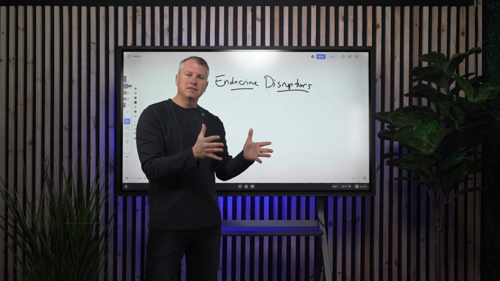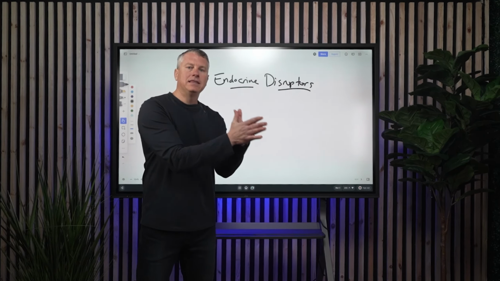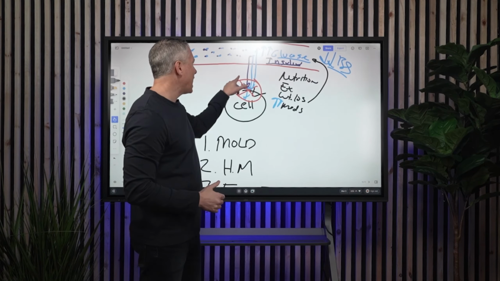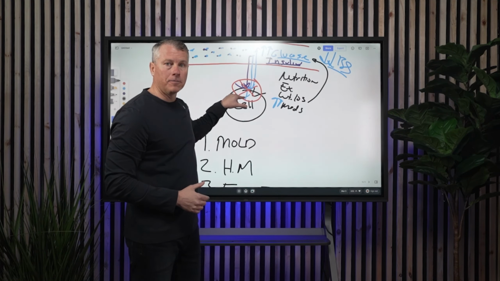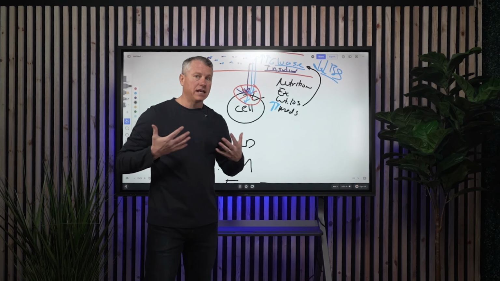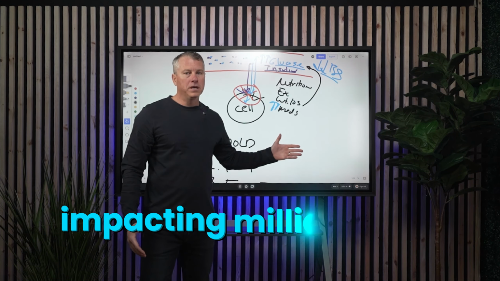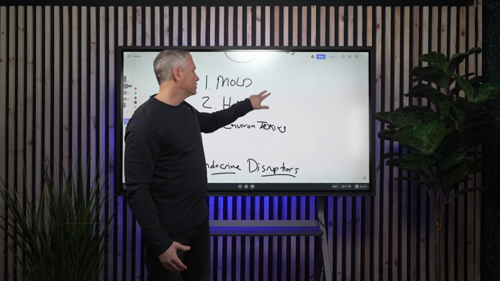So when you have toxins that are endocrine disruptors, these block normal blood sugar regulation at the cellular level, at the site. It literally blocks it right there. And when these toxins stay in your body for 10, 20, 30, 40 plus years, they start impacting multiple millions of cells that leads to your diagnosis of diabetes.